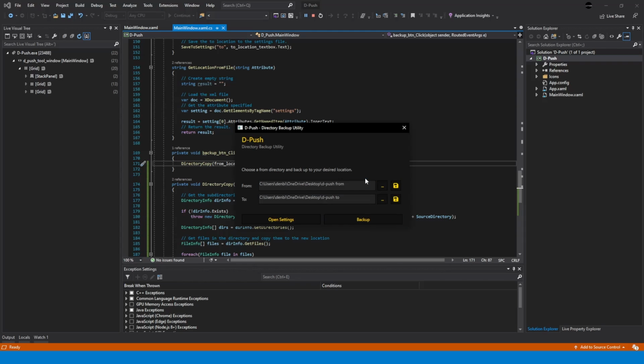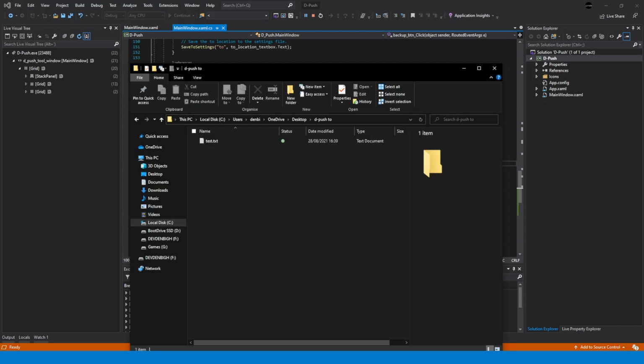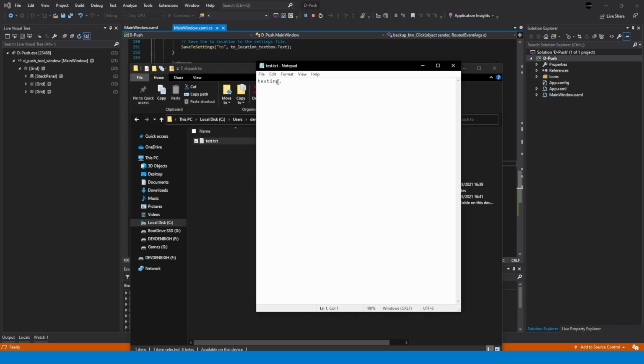So click, nothing's happened, but if we come over here, and this is the 2 folder, if I open that and it's got the file in it,